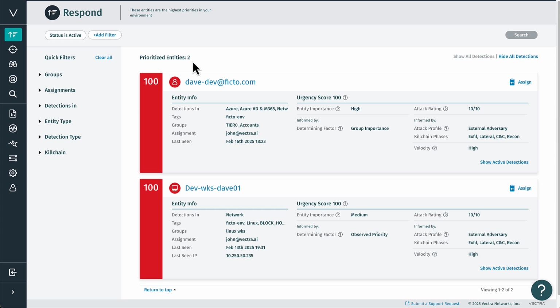This is the power of Vectra's AI threat detections that reduce benign alert activity through various means to only surface real threats. Now, the threat we're looking at here has a score of 100. This is driven by two things: the attack rating, which is based off of the execution of different MITRE techniques that have been observed and the speed that those techniques are executed, and the importance of the system, which is